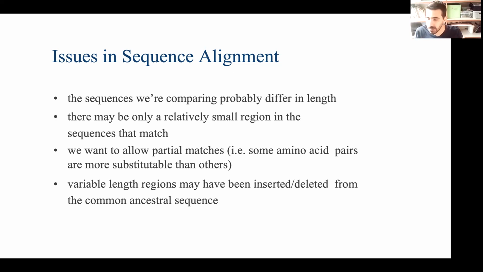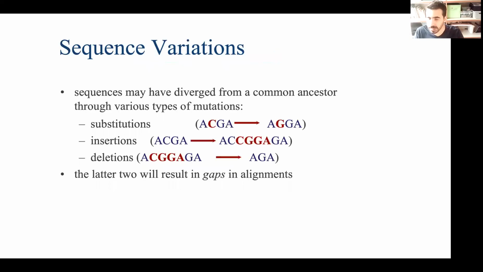So there are several sequence variations. Let's go into detail about them. Some of them are substitutions, some of them are insertions, like here. So this is substitution C to G. Now, if you want to align these two sequences, you have to infer that C and G had a common ancestor, right? Normally C and G may not be aligned if they were alone, but by just looking at their context, their neighbors, you can say that, okay, this G and C probably had a common ancestor, right?